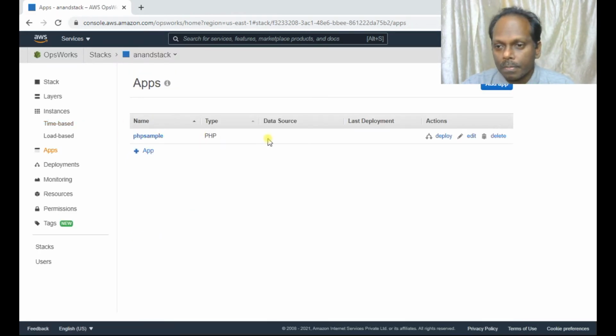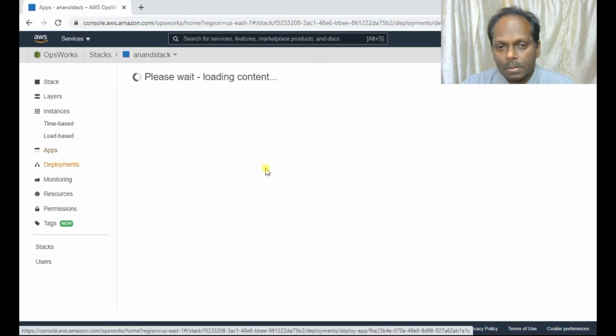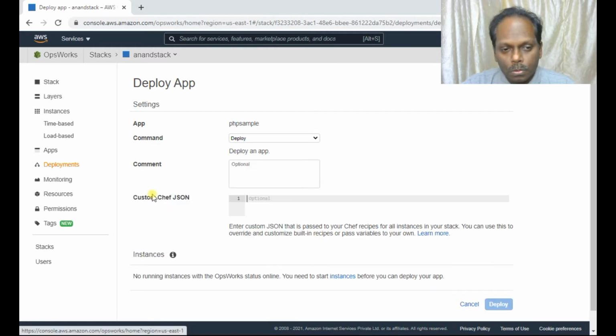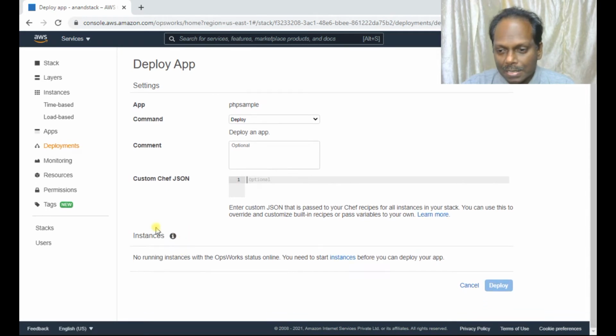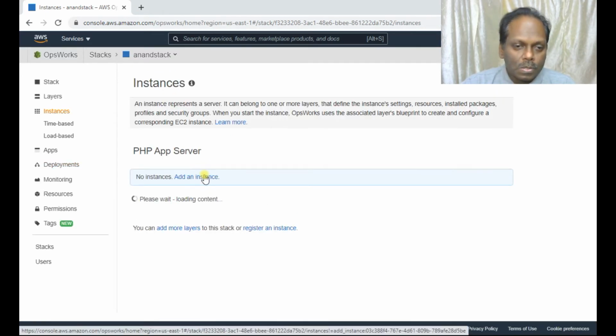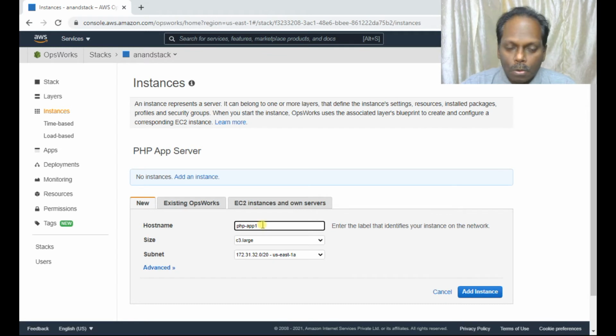You can see here, and now you can deploy this app. For deploying, you need to have an instance. No running instance is there. You can set up an instance before you start. So add an instance. Here I will be adding the host name, which I can leave as it is,